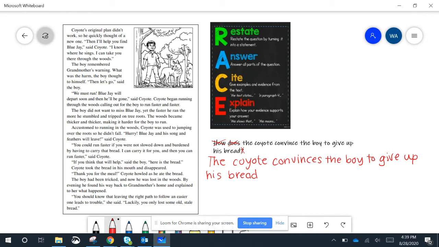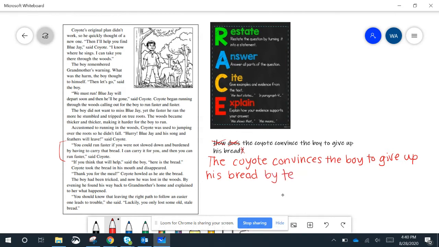And in order to answer it correctly, I'm going to have to go back and look in the text. So if I look back in the text and I read to myself about the coyote, it says right here in this paragraph, you could run faster if you were not slowed down and burdened by having to carry the bread. I can carry it for you, and then you can run faster. So how does the coyote convince the boy to give up his bread? He tells him that he probably could run faster without the bread and that he volunteers to carry it for him. So the coyote convinces the boy to give up his bread